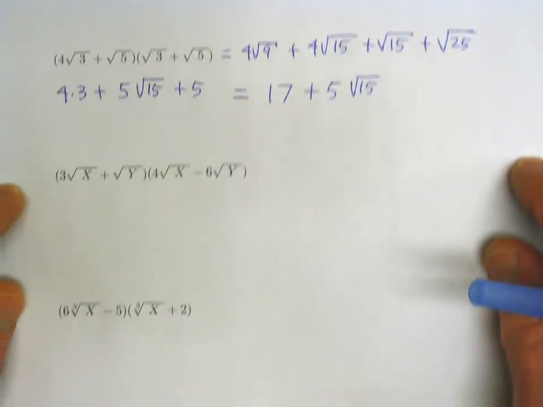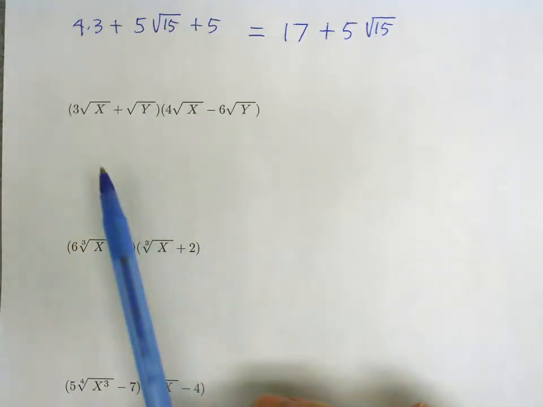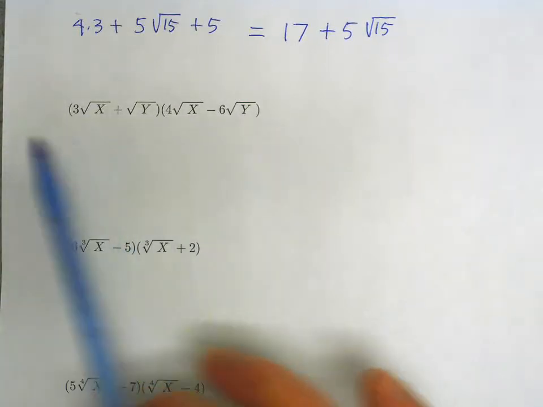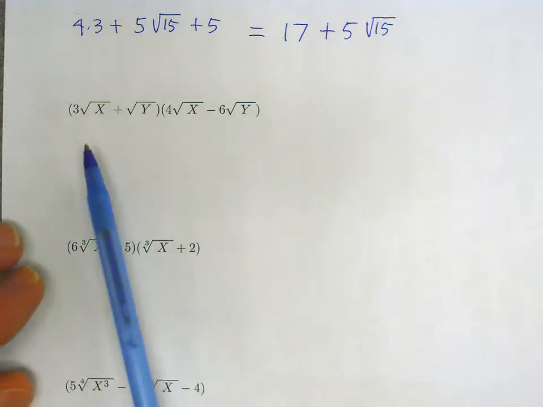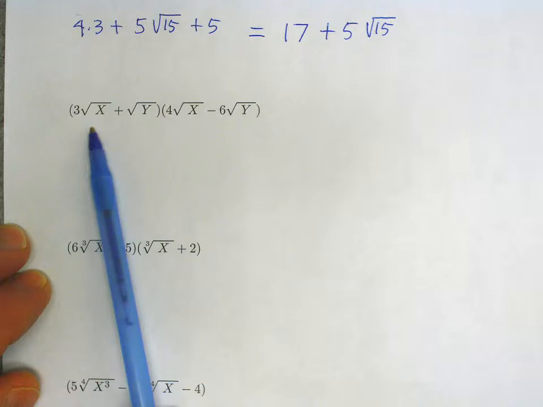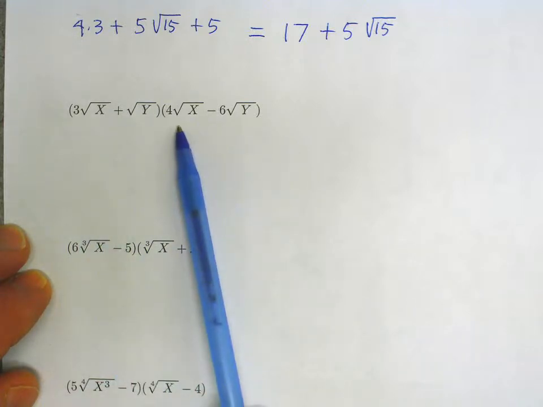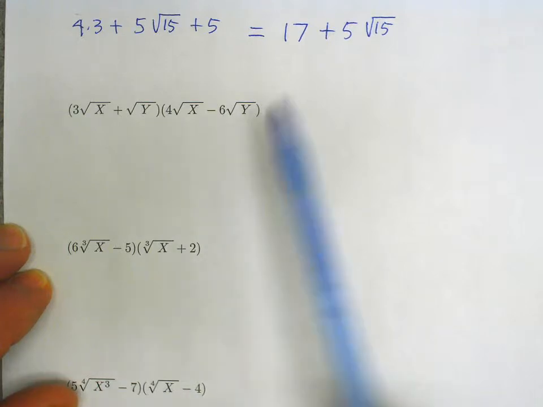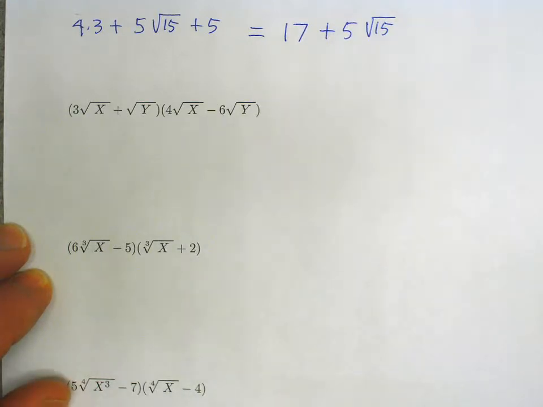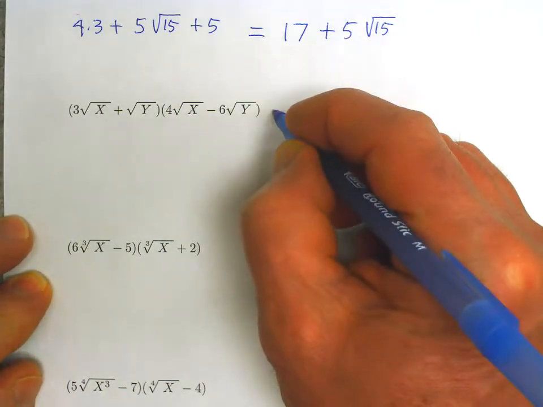Okay, the next example, another pair of binomial-like expressions with radicals. So on this one, 3 times the square root of x plus the square root of y multiplied by 4 times the square root of x minus 6 times the square root of y. So let's write this as,